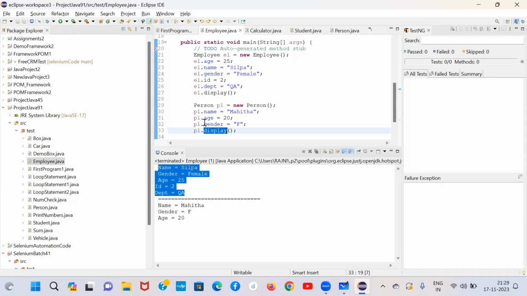Okay. So at runtime, methods are called based on the object which is calling. Now in polymorphism,